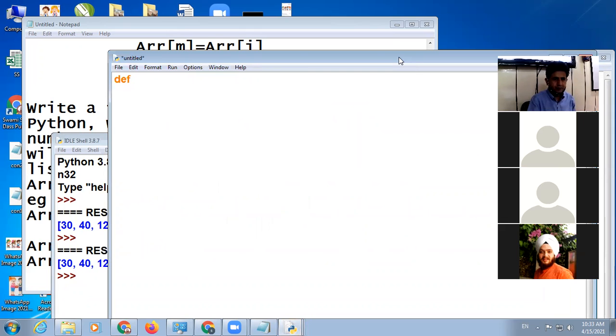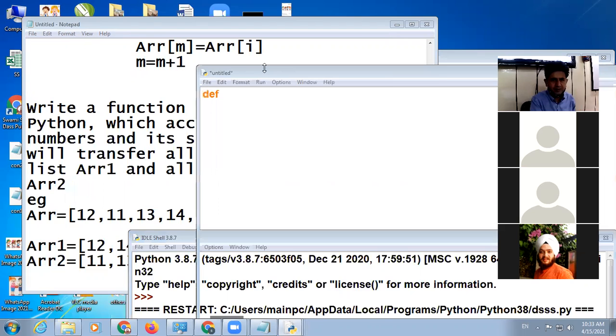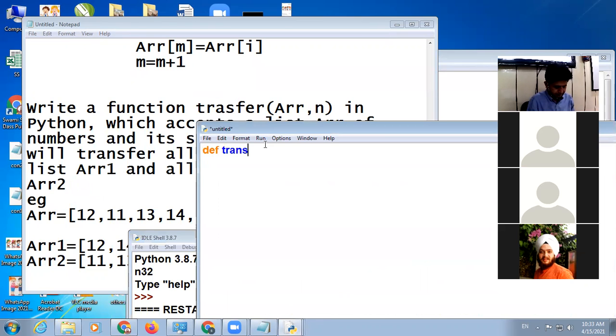So I am making here one function. In your question, the function name is given: transfer, with ARR and N. N will be the size. I declare one empty list ARR1 and another empty list ARR2.